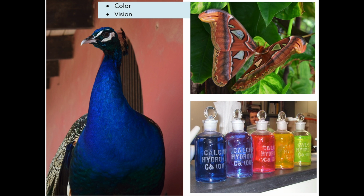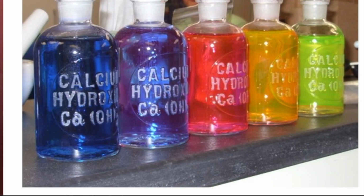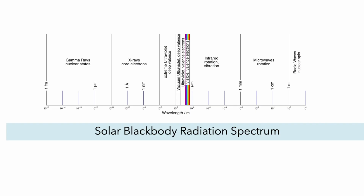What makes color, and how does the eye detect the wavelengths that we interpret as the colors of the rainbow? The electromagnetic spectrum is very broad, but of course, we really like the things that center around us. And so that bit of the electromagnetic spectrum that we can see, the visible, that's what we think of very often as the most important part. It's a small fraction of all electromagnetic radiation, but it's very important for us in how we interact with the